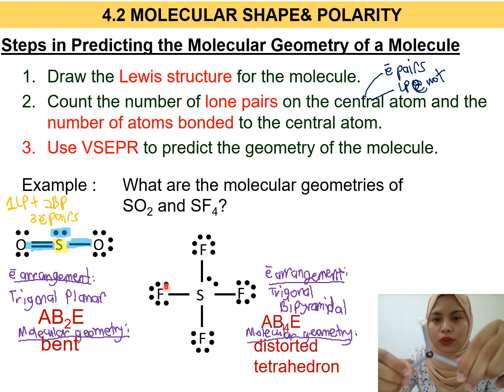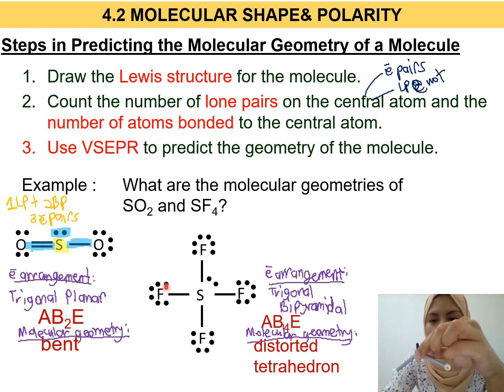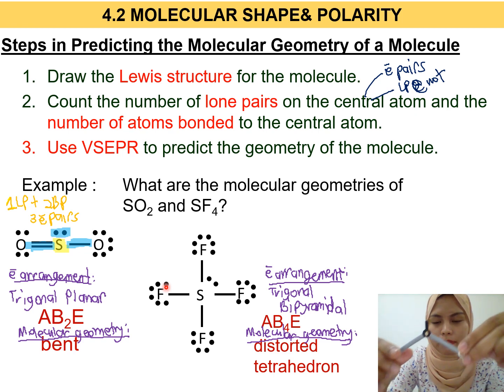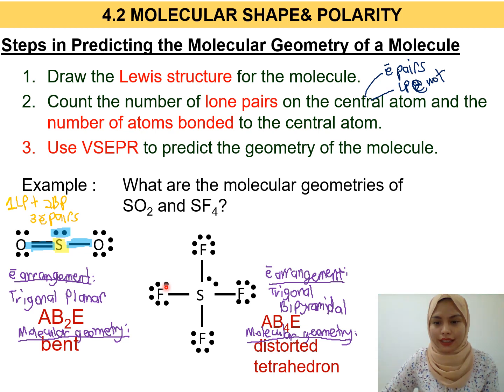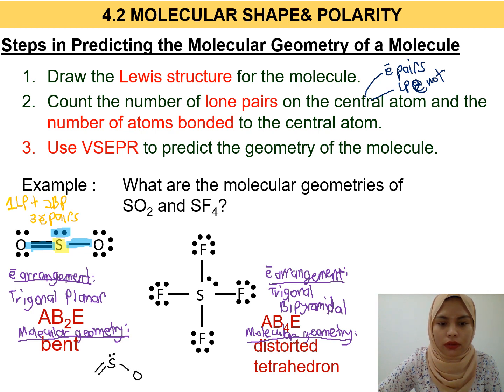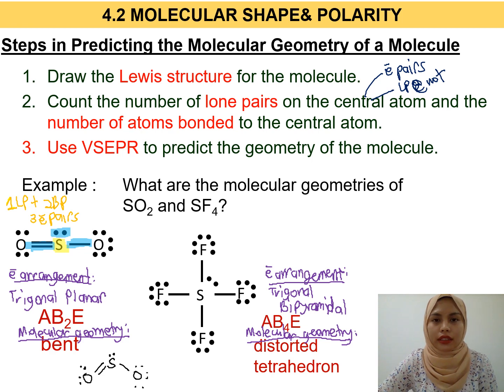Tetapi molekul SO2 tu, central atom S tu, dia ada satu lone pair dan juga dua bonding pair. So the shape of the molecule should be bent. Okay, therefore the shape of molecule should be bent. So if you nak lukis betul-betul molekul SO2 yang bent, this is how it looks like here. SO2 bent. Okay, and then don't forget the lone pair of the terminal atoms